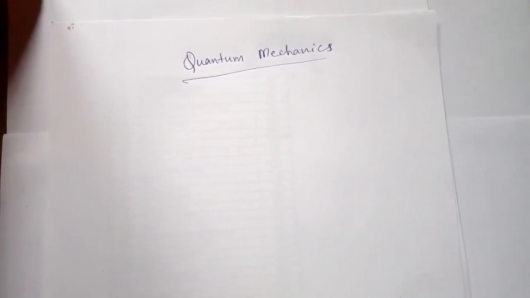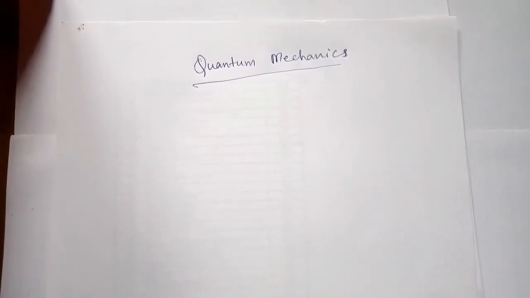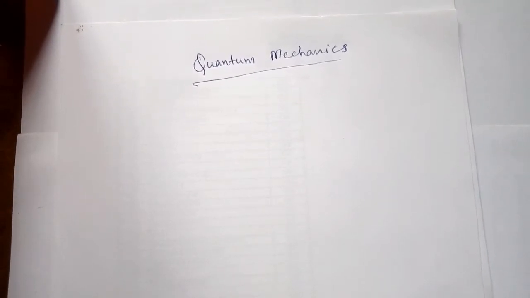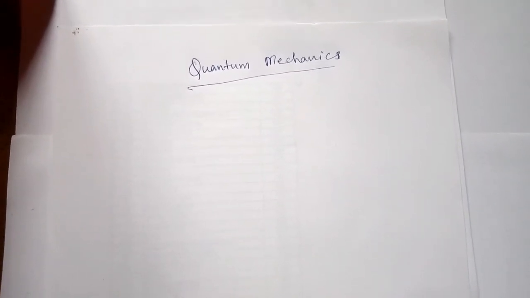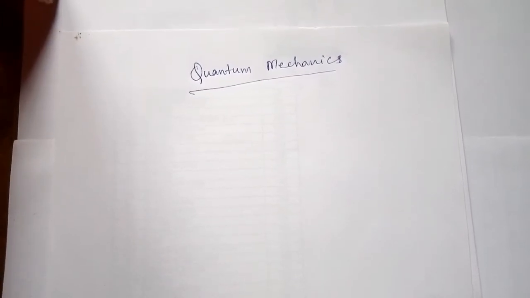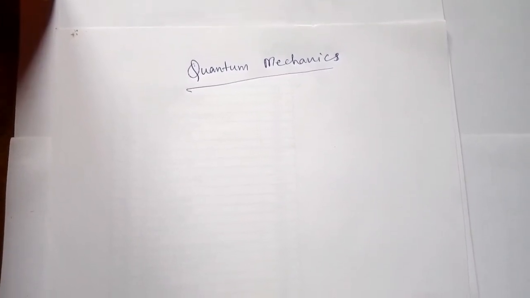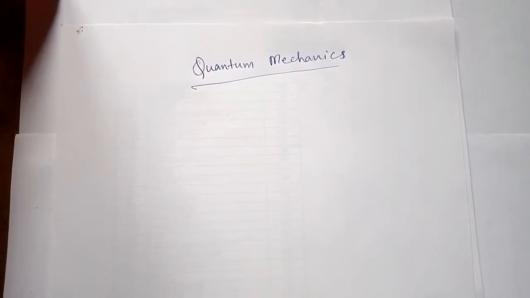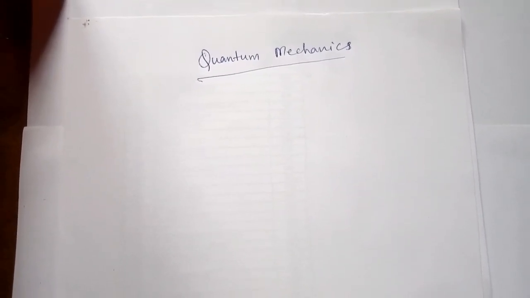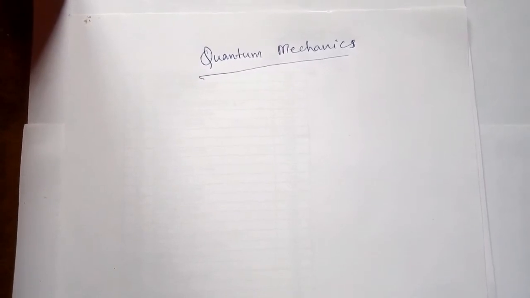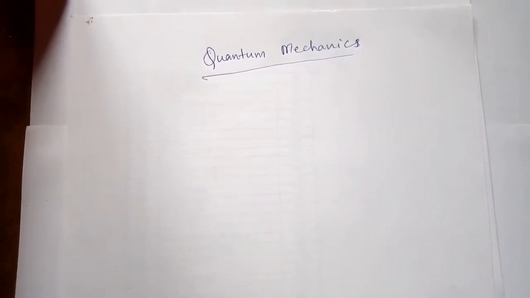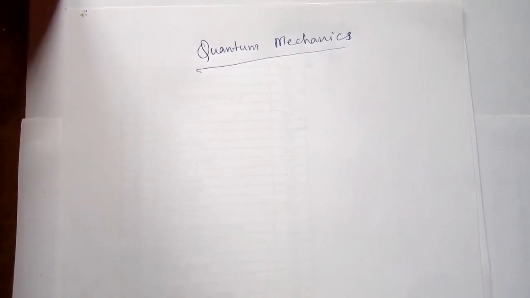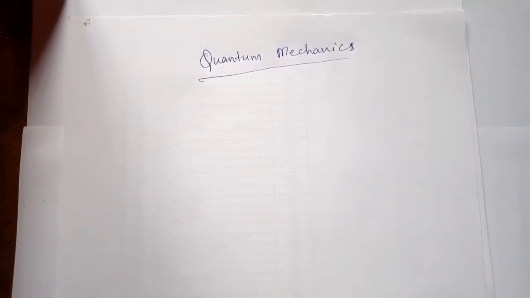So in the last video lecture we have seen what exactly quantum mechanics is, and we have seen the fundamentals and the difference between classical mechanics and quantum mechanics. Then we have seen what is wave particle dualism and the de Broglie hypothesis, and finally we have seen the Heisenberg uncertainty principle, and we have also understood the difference of measurement in the case of classical and quantum. So also we understood what is the accuracy or probability of finding.